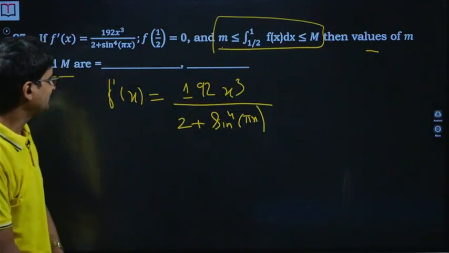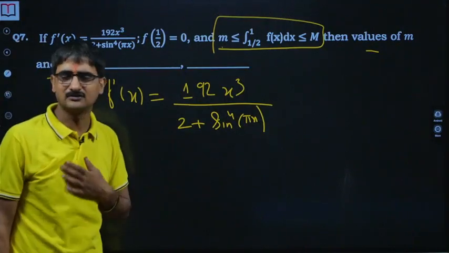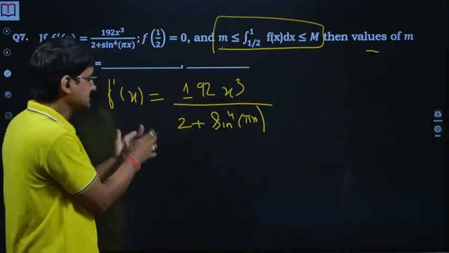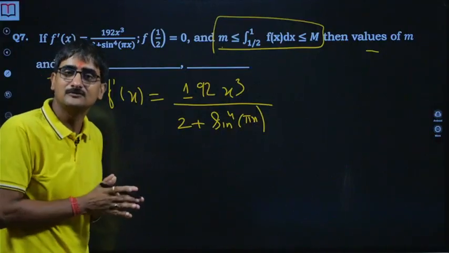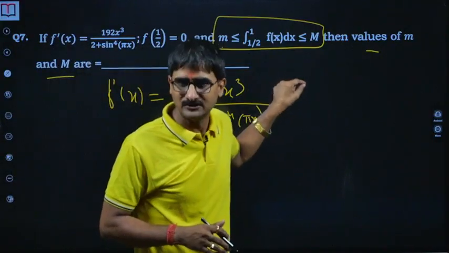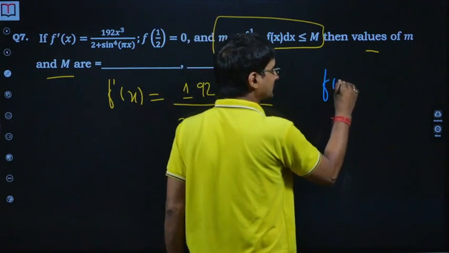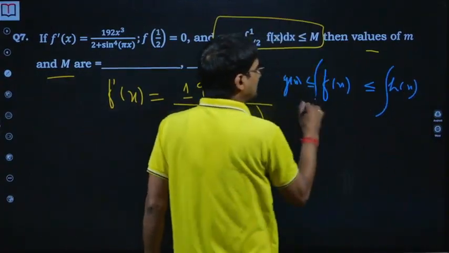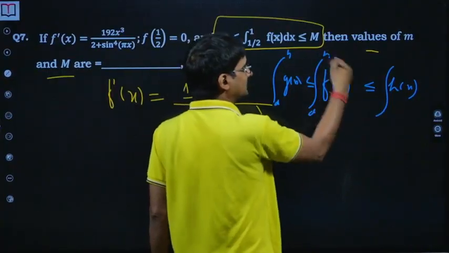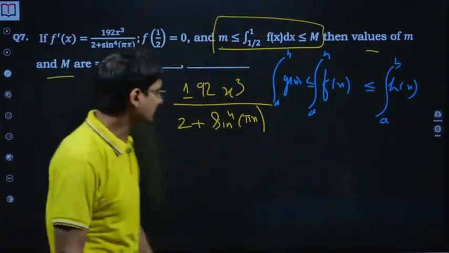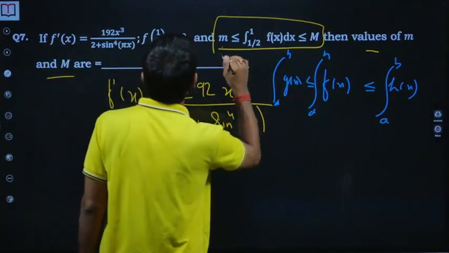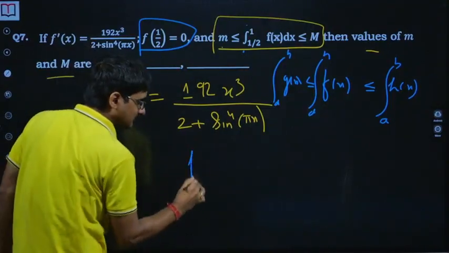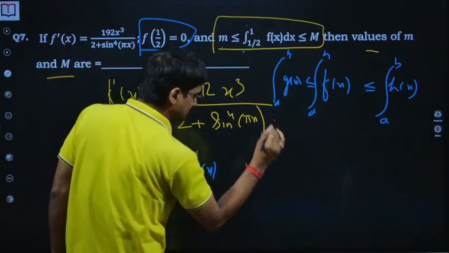First I tried to find f of x, but of course we can't even imagine solving this integral. So from here itself I thought of using the inequality for definite integration, which says that f of x lies between g of x and h of x. Then we can apply the definite integral over the inequality. Since x lies between half and 1, and f of half is 0, I said f dash x is less than or equal to